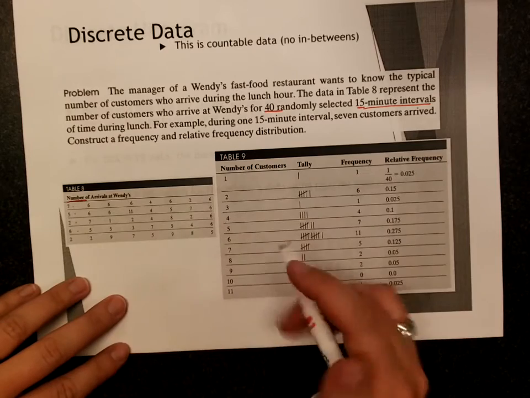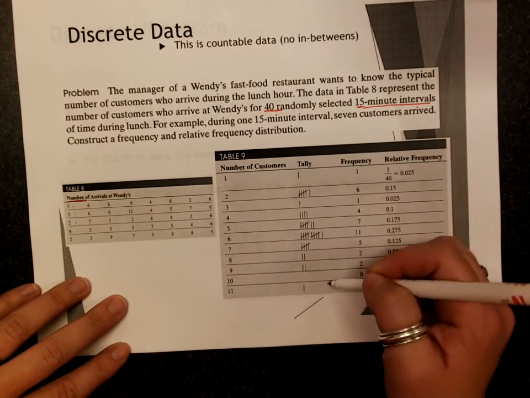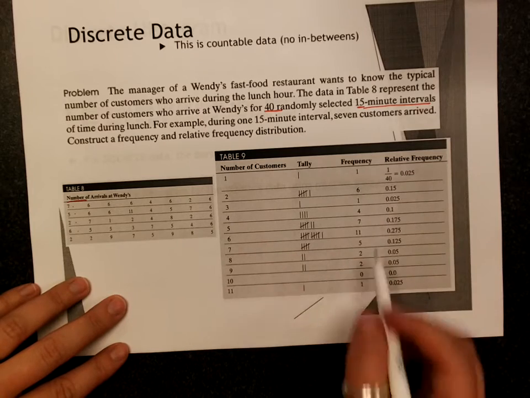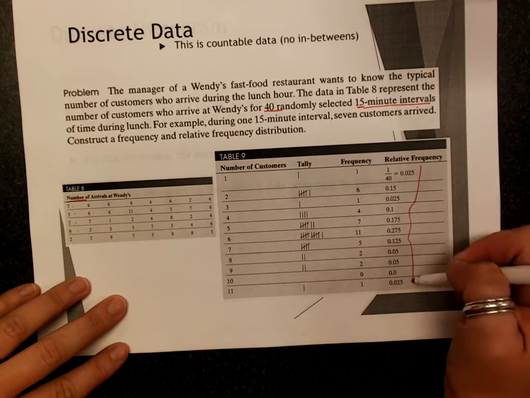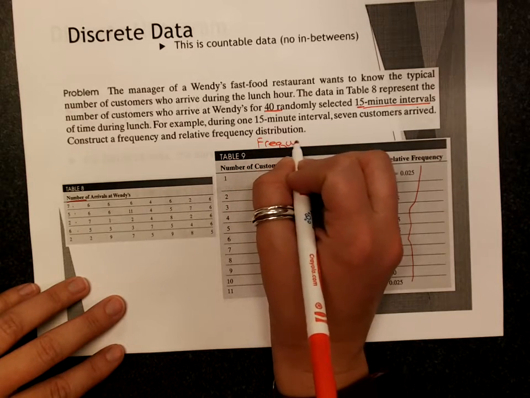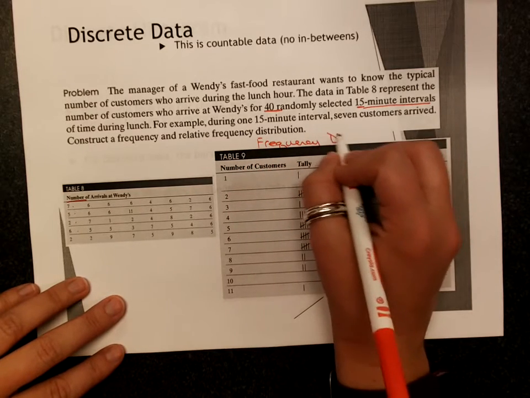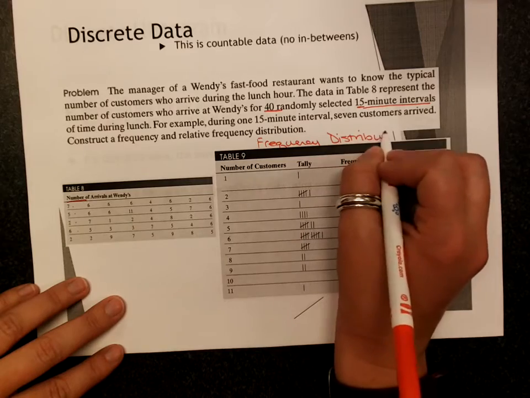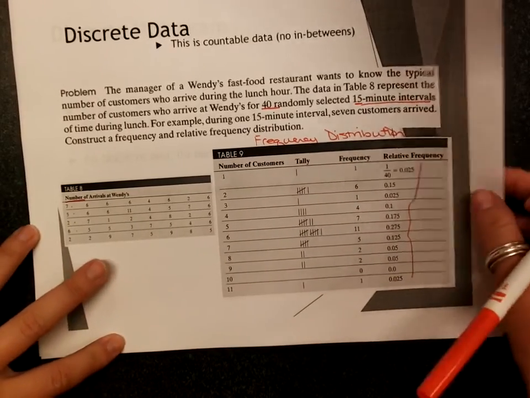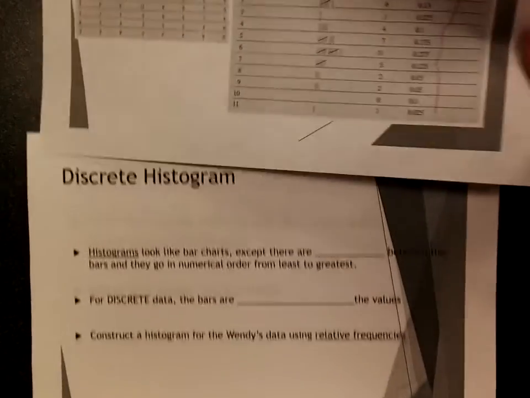And the textbook has already organized this for you. They tallied up how many of each number and the frequencies, and then they even went so far as to give us the relative frequencies. So this is the frequency distribution that's already been done for us. So they've already tallied them up and gotten us our relative frequencies. And using that, we're going to create a